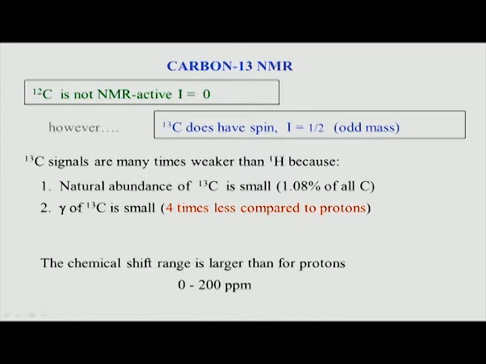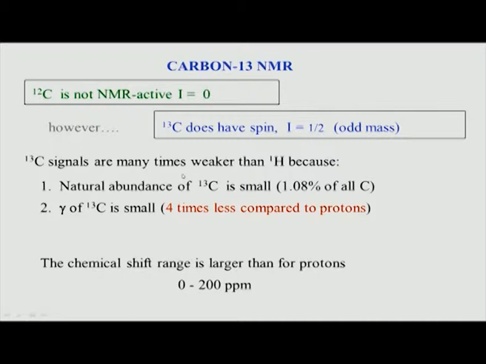First, when you excite, the sensitivity is already low because the population difference is low, but when you detect carbon, then also again it is low because of this low gamma. So basically it is like a square, I mean 2 times gamma comes into picture. So we can say it is 16 times less sensitive when it comes to detection of carbon, and multiply again with 100, so it is about 2000 times less. In fact, if you see practically it is about 4 orders of magnitude carbon is less, that means almost 10,000 times less sensitive compared to hydrogen. So carbon is therefore very weak, many times weaker compared to protons.